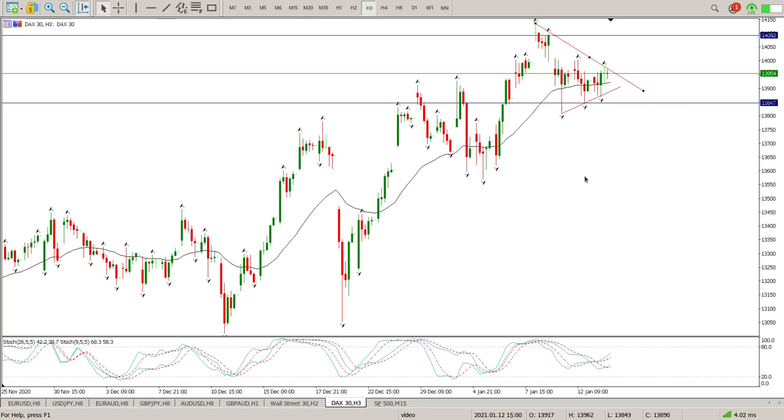We are sideways, and if you look at that, tails to the upside, tails to the downside, above and below the moving average, we are sideways. We're not really gaining, or I suppose we are. We are getting higher lows here, but we're getting lower highs as well. So that is a triangle. We're waiting for something to happen, and there's so much noise in the market at the moment. There's so much noise, Europe and the US at the moment. So I suppose we just have to wait and see what happens